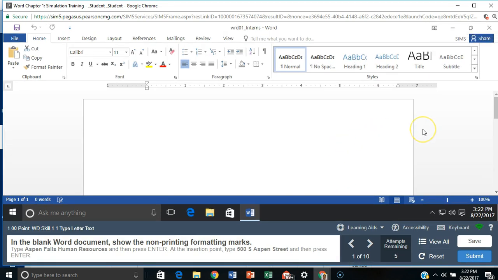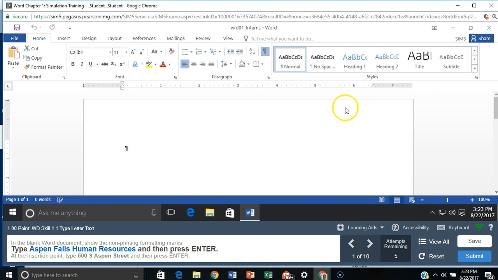We're still on question 1. We're going to click on this paragraph formatting. Then you'll see in the dialog box below it switches to the next instruction, which is type Aspen Falls Human Resources and then press Enter. So just type Aspen Falls Human Resources